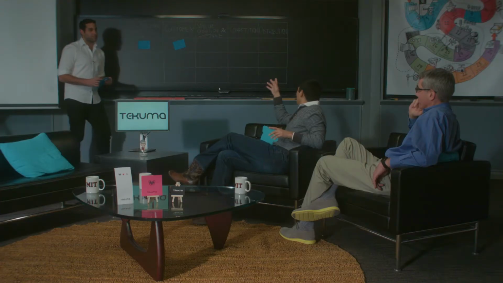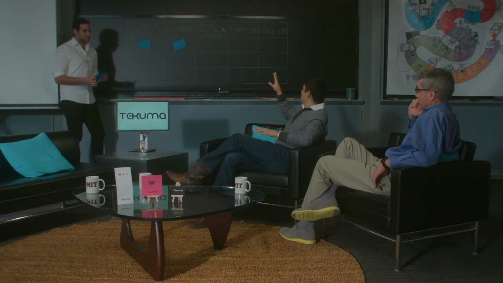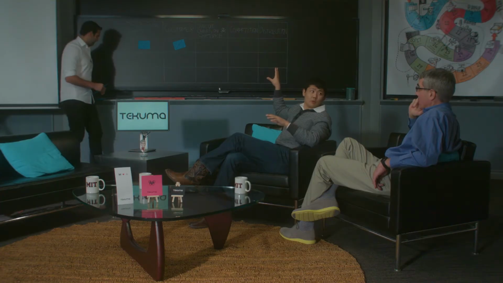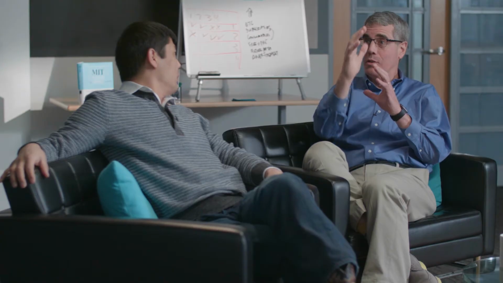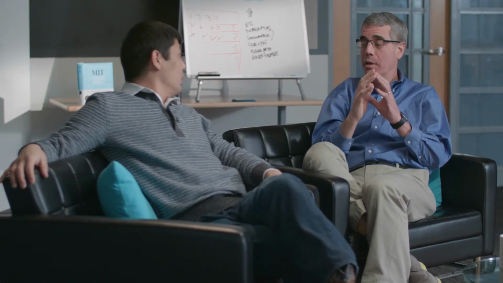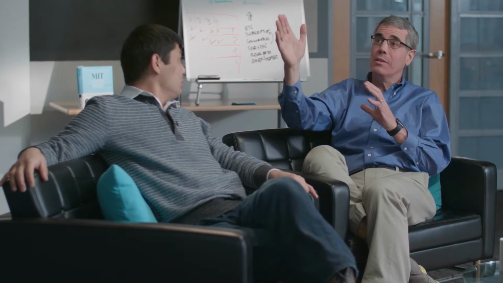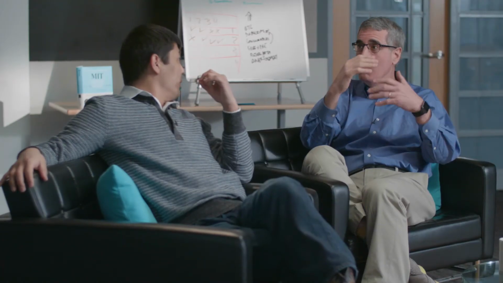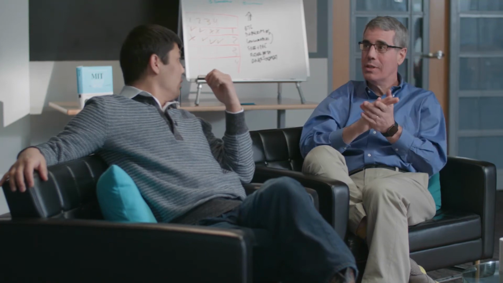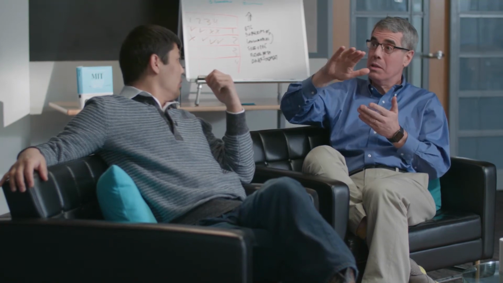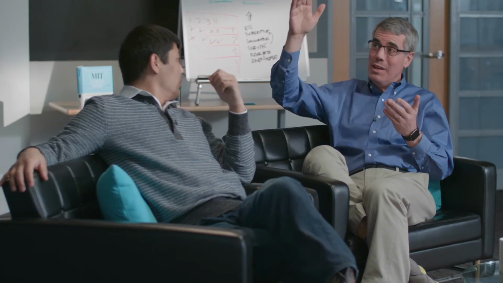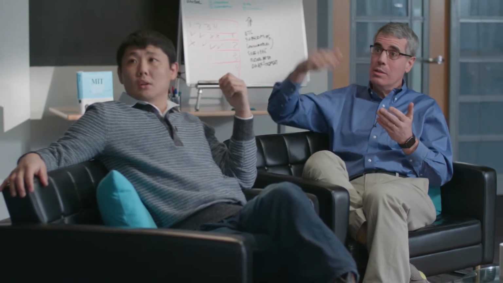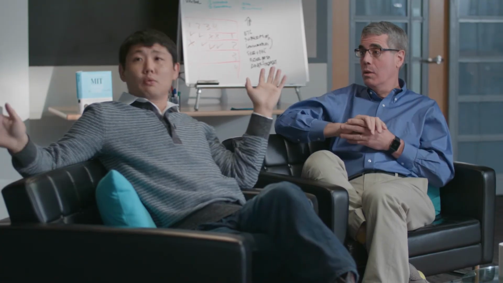Wait, hold on a second. I mean, Bill, you talk about considering all of these factors. Shouldn't Marwan be doing that? Yeah, but the thing is, you need all four of these to be at least good enough. And what you're saying here, Marwan, is this is a dead stop right here, right? It's just done. It's a hard stop. If it was kind of even neutral, they were passive about it. But what he's saying here is this is a hard stop. So basically, this option is off the table because if the host, which is the economic buyer, isn't buying into it, we're done. So if you reach a clear no, at least on one parameter, you got to move on.